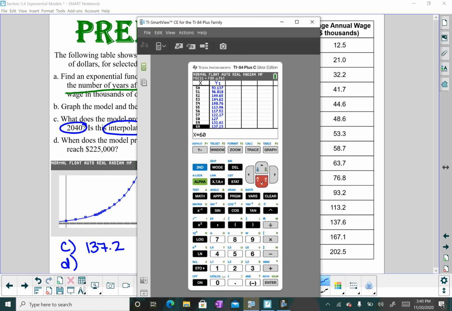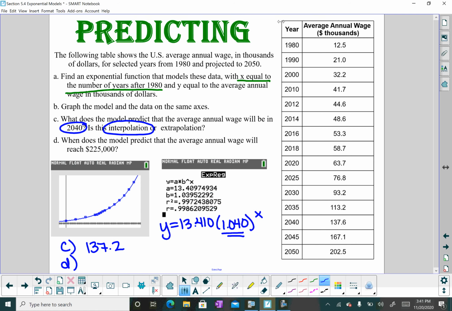So if these values represent thousands of dollars, really we're looking for 225 here, which you can scroll or you can play with the table settings if you want. And you can see right in here at 72, 73, that's where it jumps. Year number 72, we're below 225,000, and year number 73, we're above 225,000. So year number 73 is the one we're looking for. So that means it's 73 years